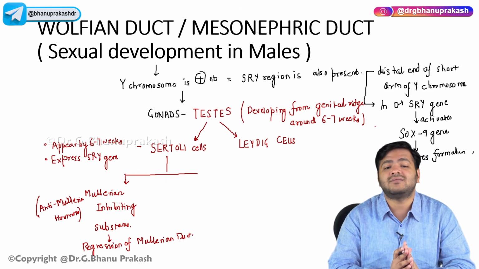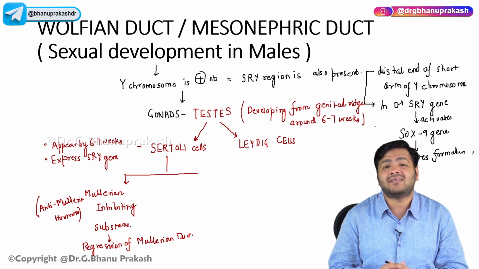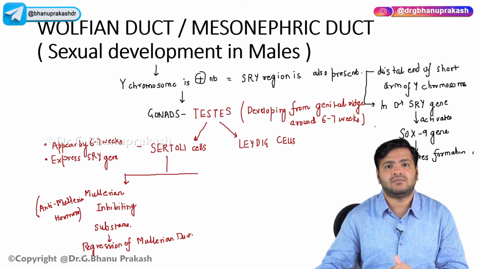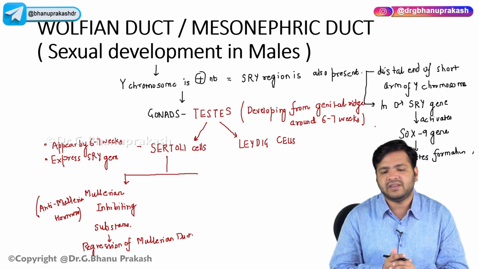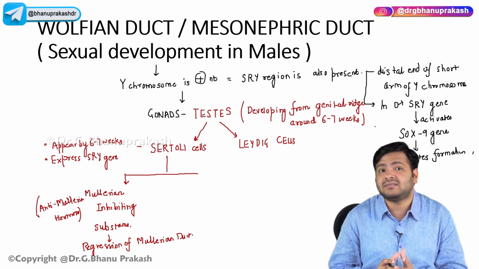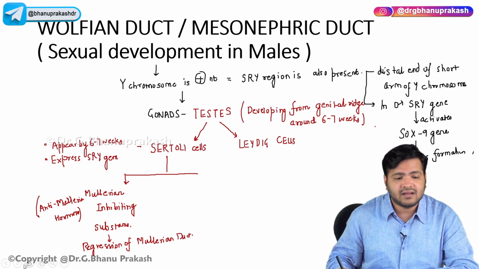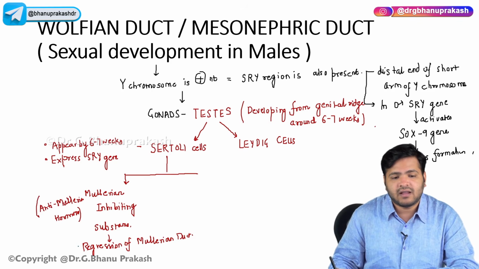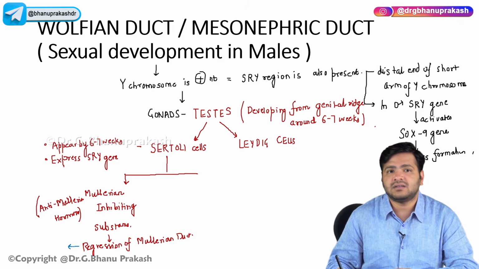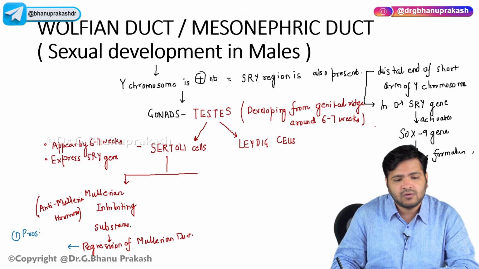The Wolffian duct is also called the mesonephric duct, and the Müllerian duct is also called the paramesonephric duct. This Müllerian duct will regress in males, right? There are remnants of the Müllerian duct in males, and these are called the prostatic utricle,